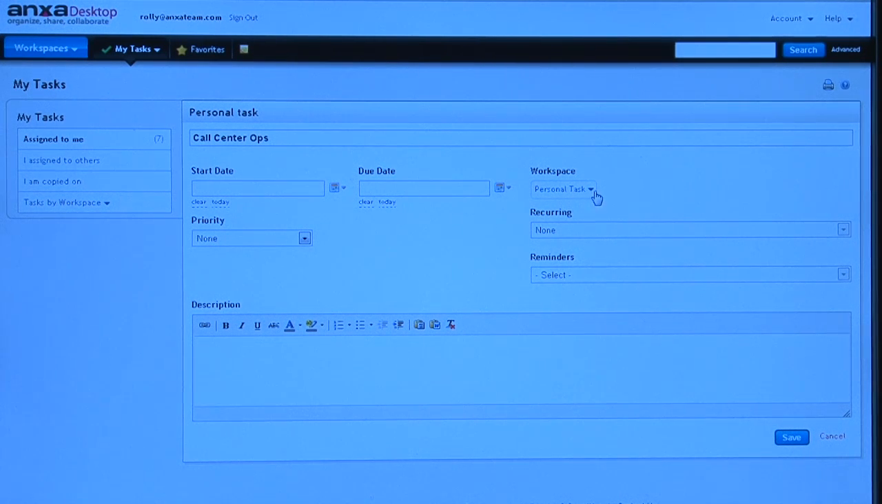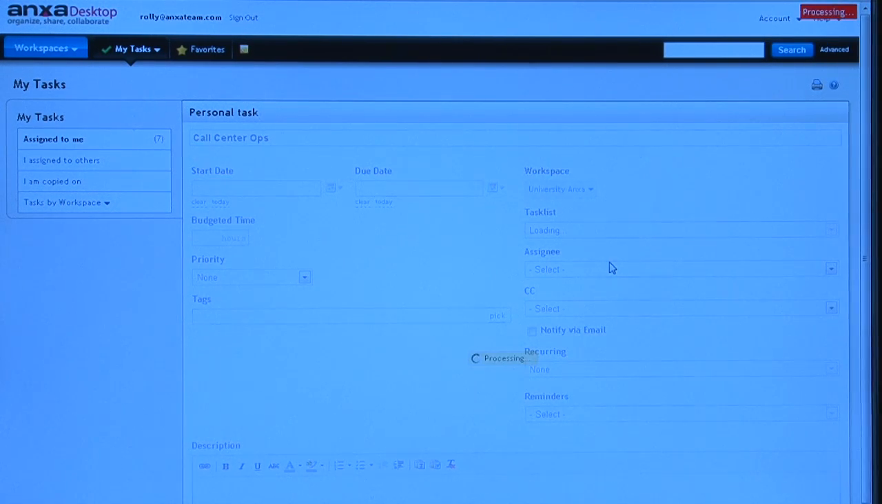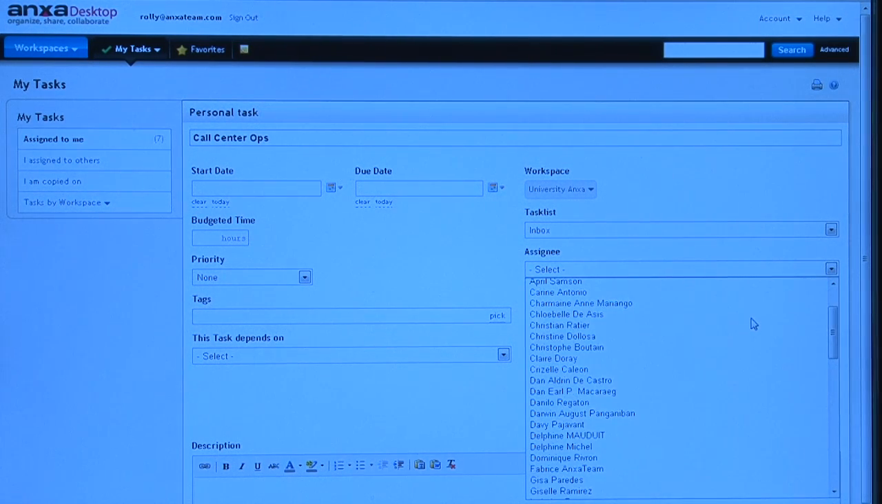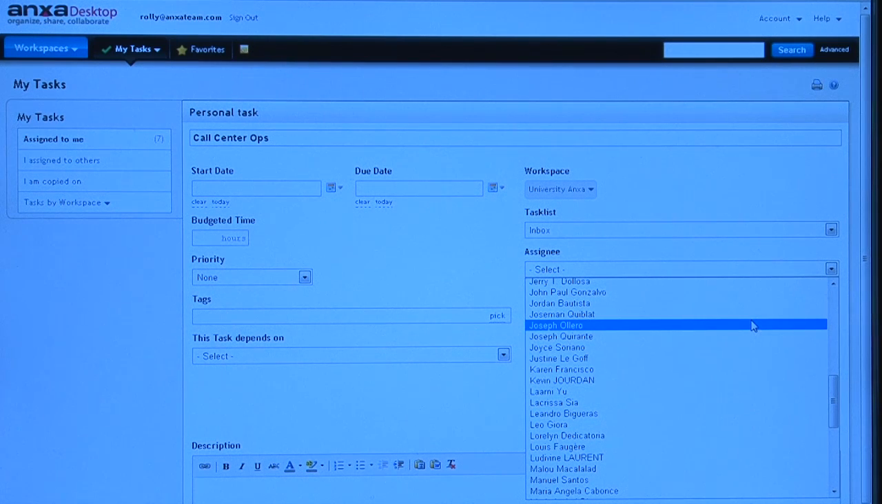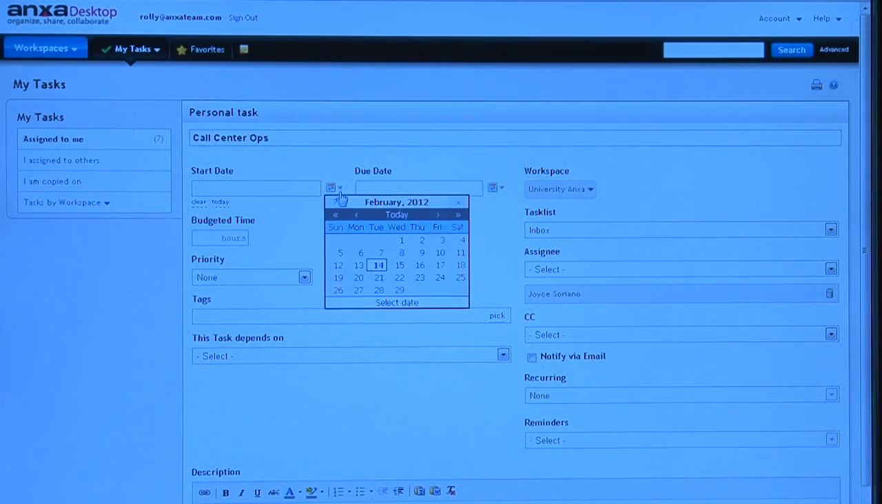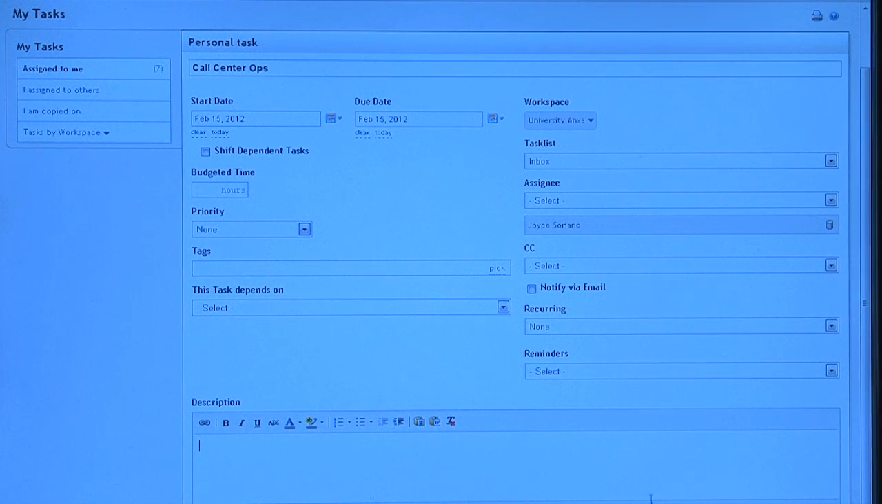If I change the workspace, if it's a personal task, it's my to-do list. But if I change the workspace, let's say to University Anxa, I will be able to assign it to someone else, assign it to any member of that workspace. So I will assign it to Joyce, my partner in HR. Okay, I can also set the date, for example, tomorrow. It's also going to end tomorrow, okay? So when I hit save,